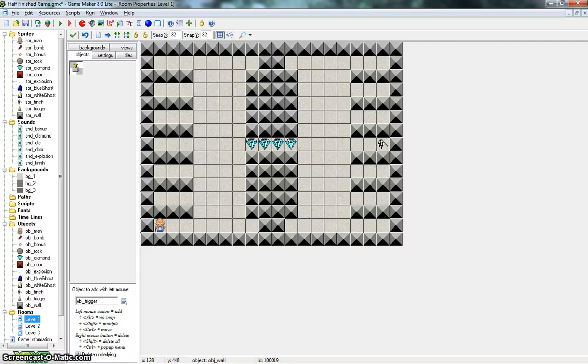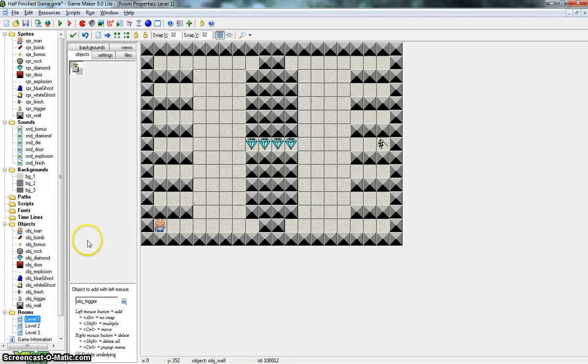Welcome back to the second part of the tutorial on how to make an advanced maze game in GameMaker. If you remember from tutorial 1, we created a bunch of sprites and converted them into objects. And all those objects will be used throughout our game. We brought in a bunch of sounds to be used, a few different backgrounds, and we also created 3 rooms,